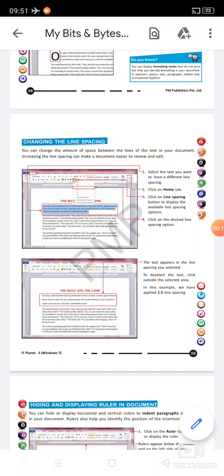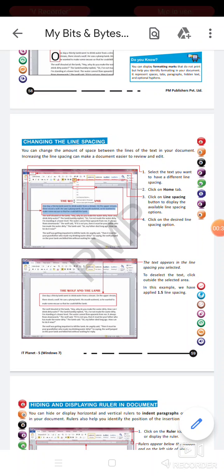ठीक है, what is line spacing? The distance between two lines. जो आप एक line complete करने के बाद जो distance देते हो, the gap you can say, is known as the line spacing. It can be between your two words also. Spacing is also there between two words. But here we will see that जो lines के बीच में spacing होती है, how we can increase or decrease that spacing. So let's start.